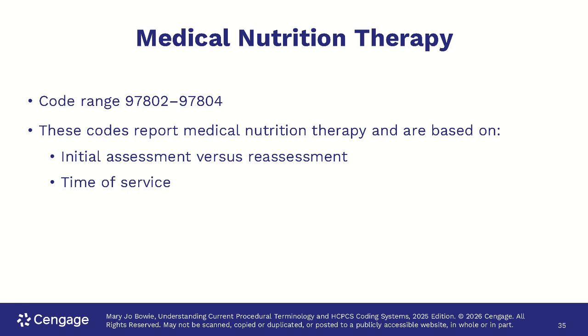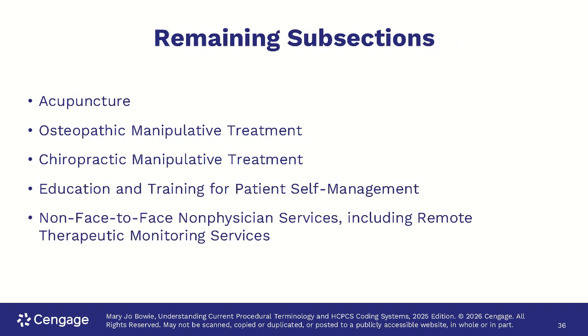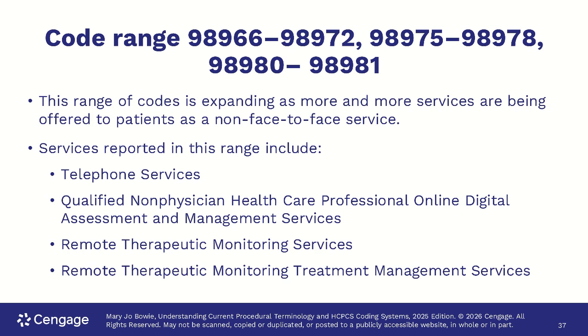Then after that, we're wrapping up this section. You have things like medical nutrition therapy. These codes are divided based upon the assessment, the initial assessment and the reassessment. And then time has to be documented for these services. Then after that, you just see a whole hodgepodge of services. You see osteopathic manipulative treatment, chiropractic manipulative treatment, acupuncture, self management training for the patient, and other non face to face physician services. You also see over here things like home health services,